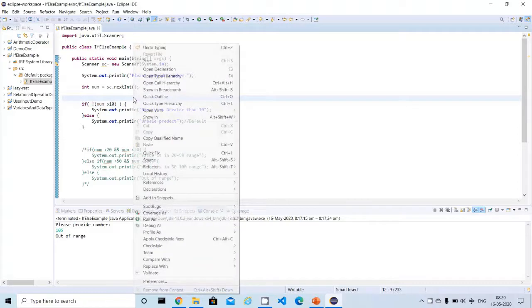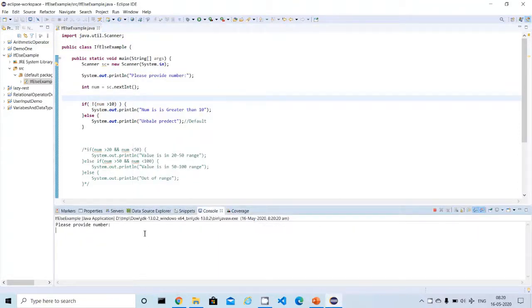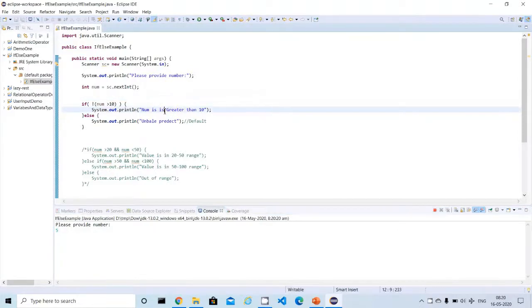So let me run this one and show you this example. Yes, I'm going to give now 5. So 5 greater than 10 is false. False will become, totally, I am reverting false to true, and I am going to print is not.